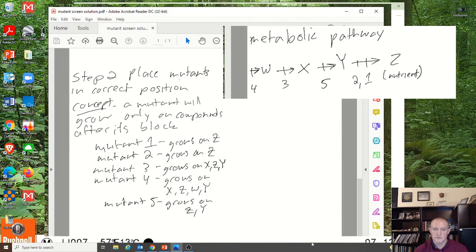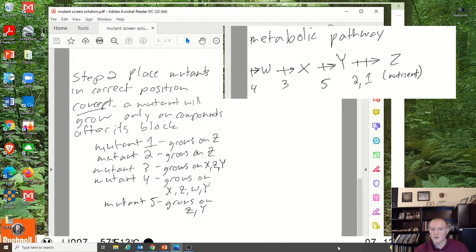And so we can do this one at a time, and we don't really need to do it in any kind of order in this particular case. We can just go one mutant at a time, right? And so again, we just start listing that out. Now I'm gonna put the position of these mutants onto that pathway that we drew on that first page when I show this in the video and post it, right? And again, we can start with mutant 1. Okay, so mutant 1, it will grow on only Z,